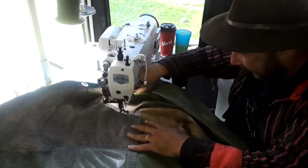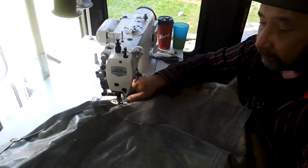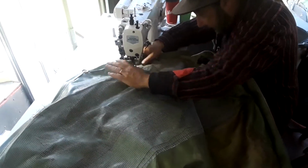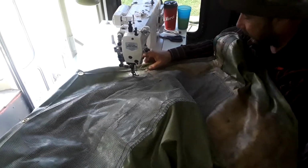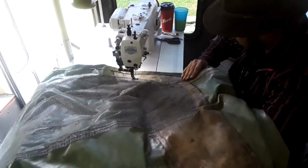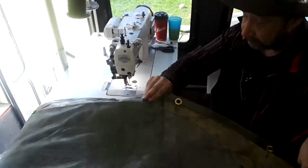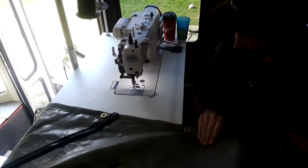And it sews it fine. I think what I'm going to do is run one more bead line from here down, and then from the other side down. One complete bead line. There we go. Close to that edge. I'm going to have some puckering. That's right. And then on this side, I'm going to start